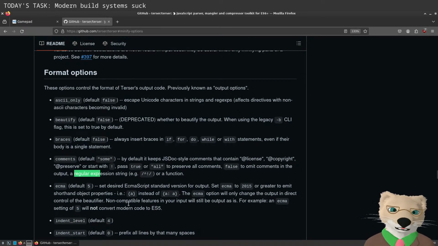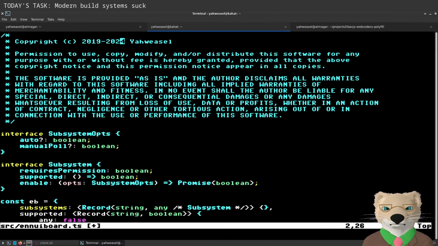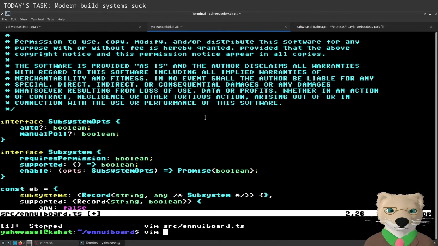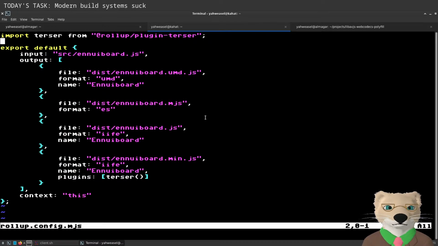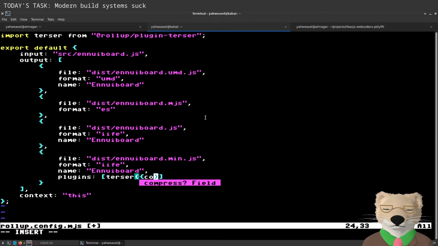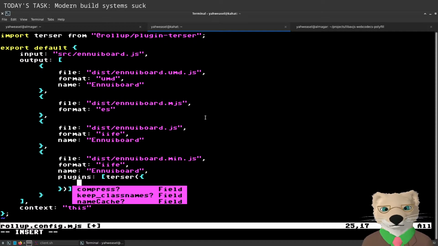There it is! A regular expression string. Okay, that's what I needed to know.